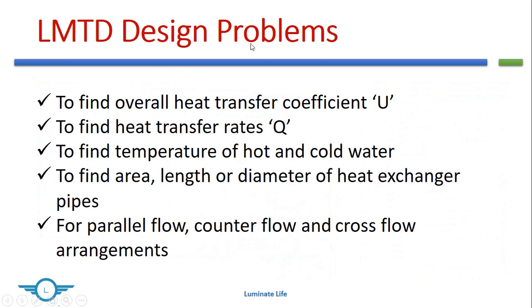Basically, in the design problems we will have to address all these questions. First and foremost, we will be asked to estimate the overall heat transfer coefficient U. Then in certain questions we will be asked to find the heat transfer rate Q occurring in a particular heat exchanger. While finding the value of Q, some temperatures might be unknown. Inlet temperatures will be given, and you will be asked to find the outlet temperature. Or mass flow rates will be unknown, and you will be asked to find the mass flow rate of hot fluid that needs to be maintained in order to keep a particular temperature, and likewise.